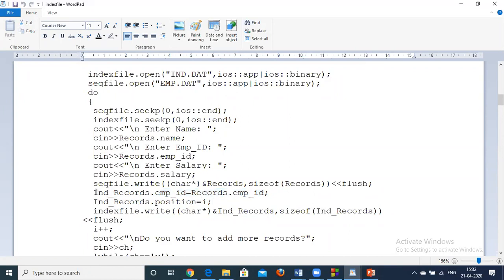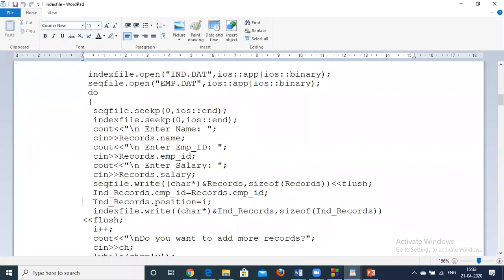The same will be copied here in end records dot employee ID, and the position will be the ith position, which we are counting every time. The ith position will be added into the index file.